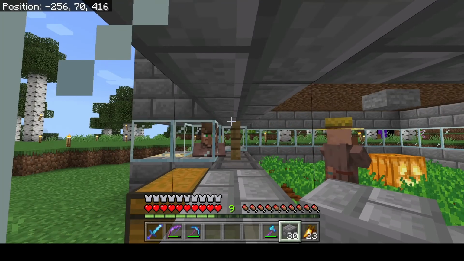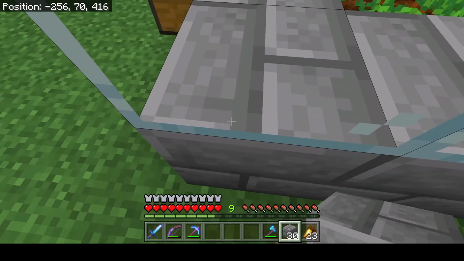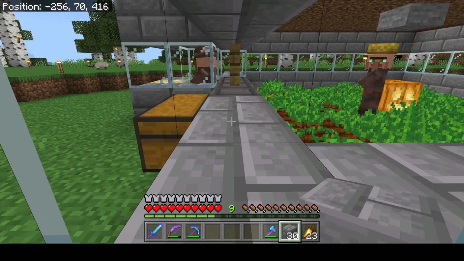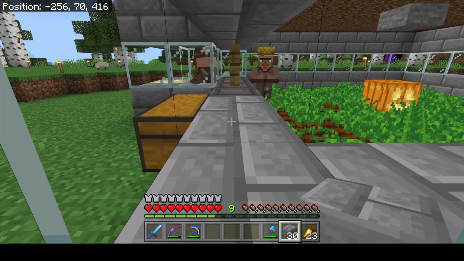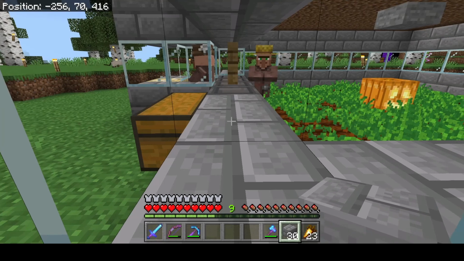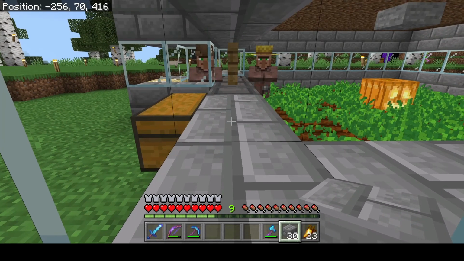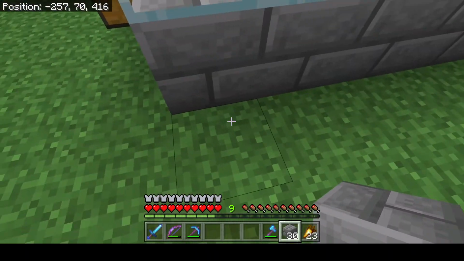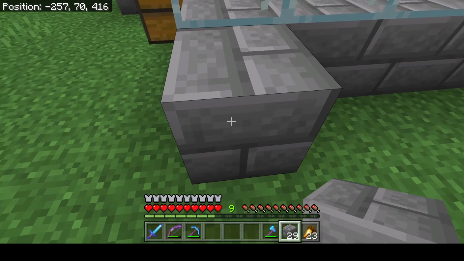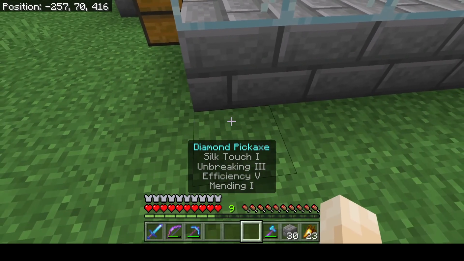Okay, by some happy miracle, standing right here, if you look at my coordinates, they're negative 256 and negative 415, which both just happen to be divisible by 16. And if you recall, in Minecraft, a chunk border is defined by 16 spaces, but 16 doesn't start at 1, right? 16 starts at 0. So really, a chunk is going to be